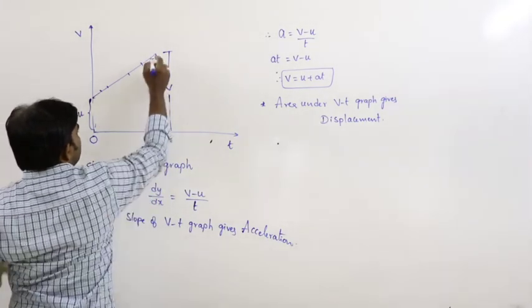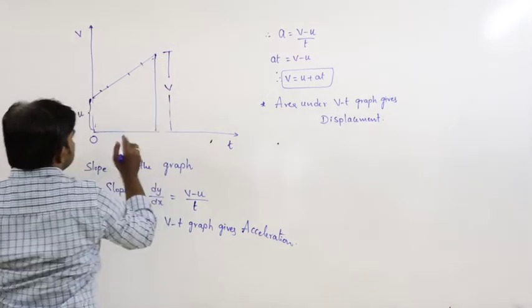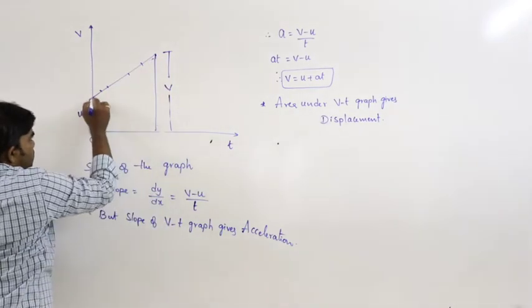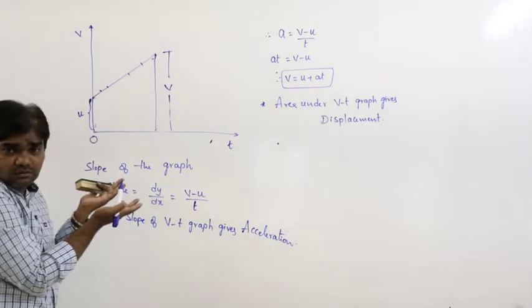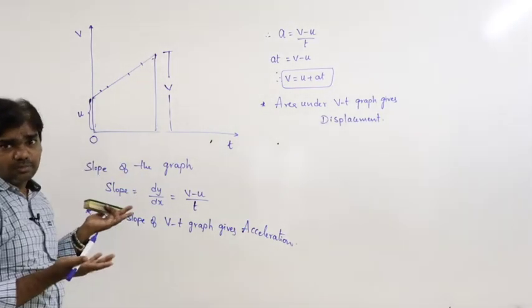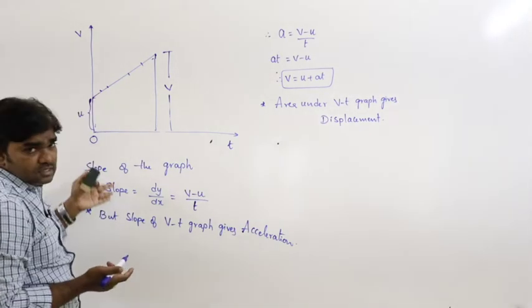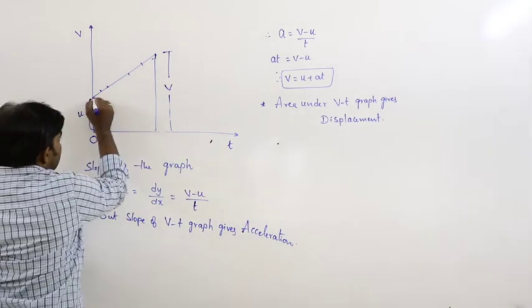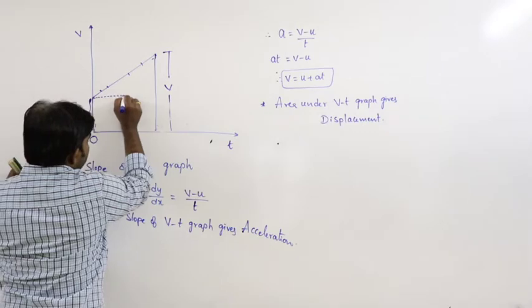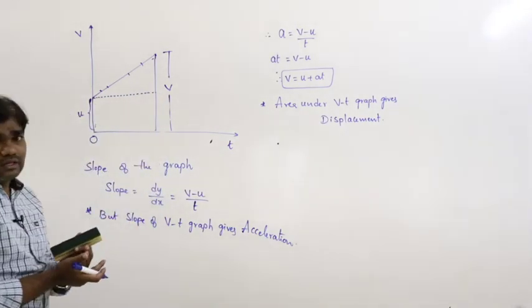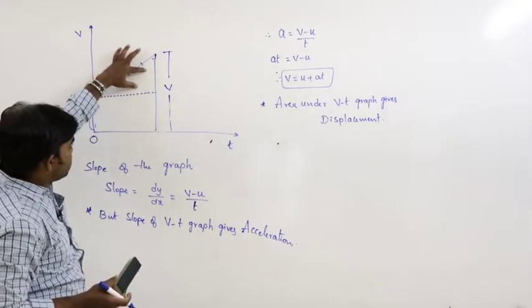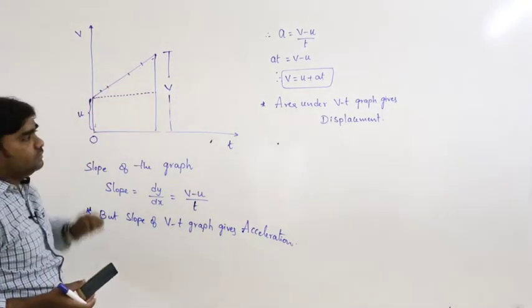So this is the shape. The total area under this graph. What is the shape here? We don't know the shape exactly. How can you calculate this area? For that purpose, here I am considering it is divided into two parts. One is a triangle, another one is a rectangle. This is the triangle and this is the rectangle.